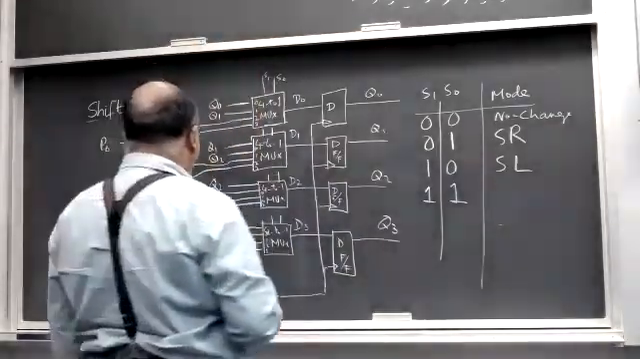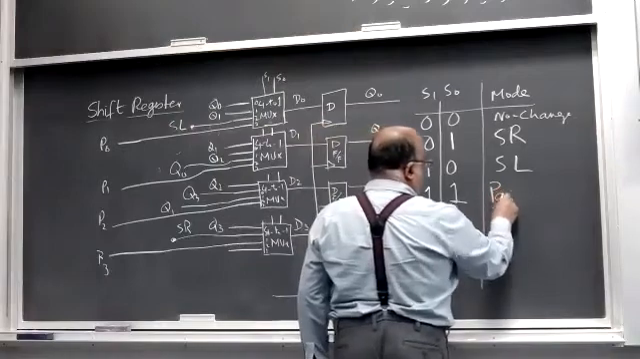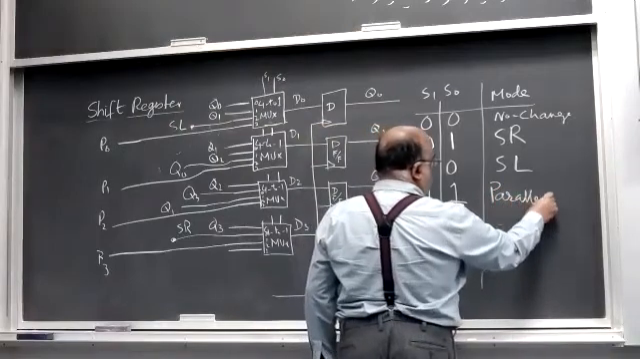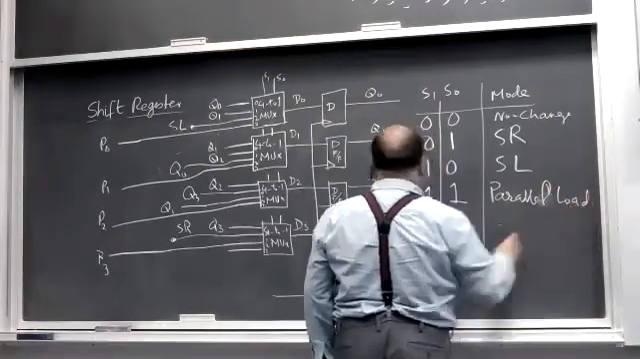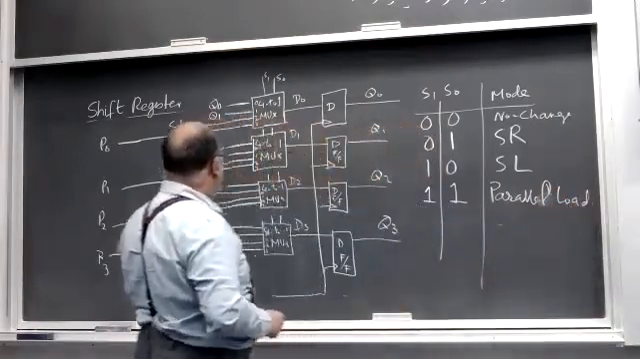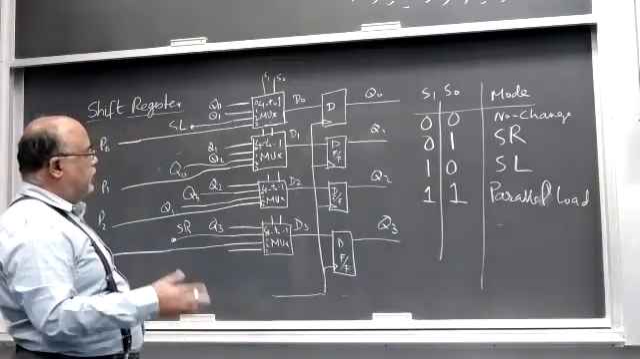So this is a parallel load mode. Parallel load that gives you a choice: पहले आप लोड करें कोई डेटा और उसके बाद उसको शिफ्ट राइट लेफ्ट करें।